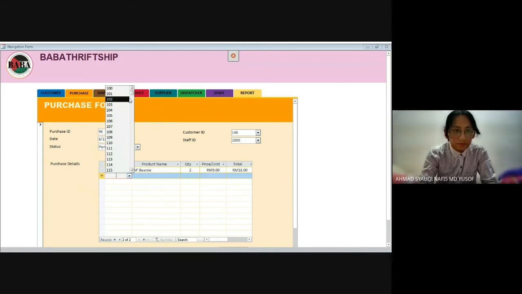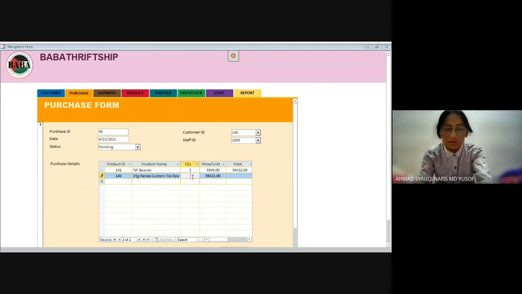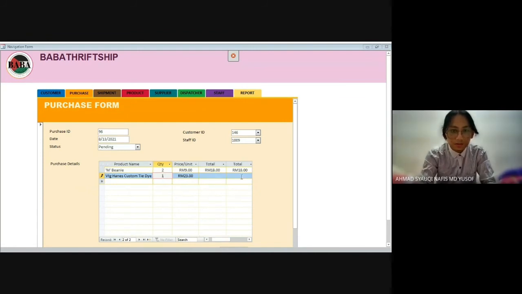If I were to buy another product, which is the vintage hands custom tie-dye shirt, I put it as 1, then it will total up to 23 ringgit.